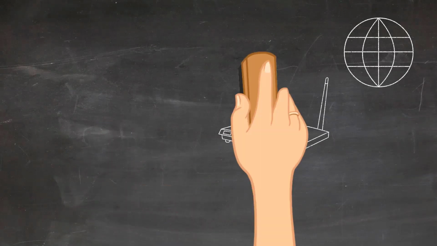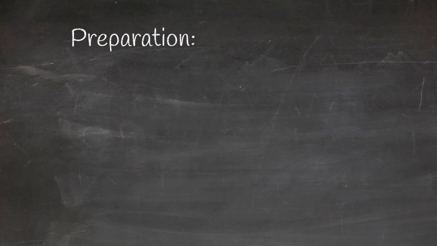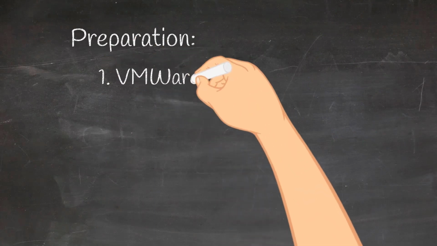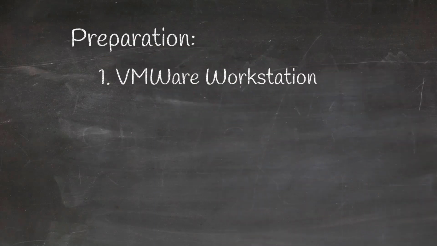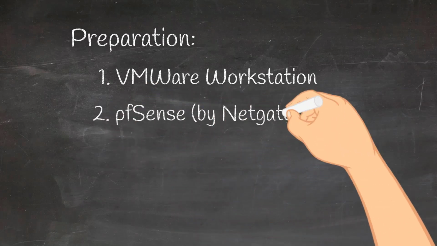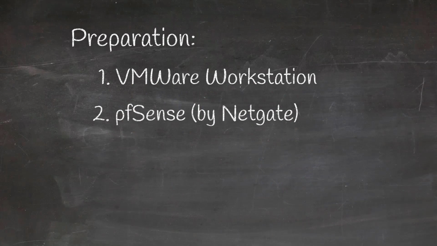There are a few things you need to get in advance. First, you need VMware Workstation. On the footnotes, you can find a link to download a 30-day trial. It will have all the functionalities you need. For the firewall itself, we are going to use pfSense provided by Netgate. At some point, you might want to buy their firewall hardware. But in the meantime, what we are about to do will give a true sense of the pfSense firewall functionalities